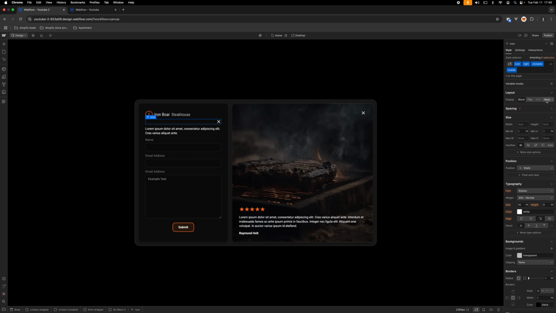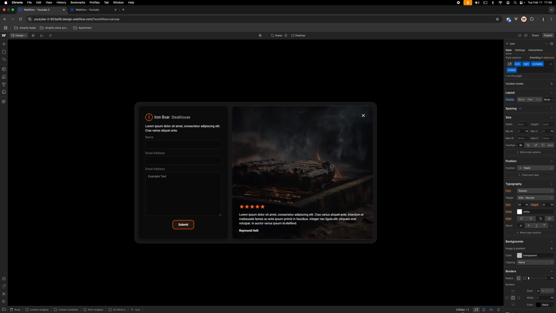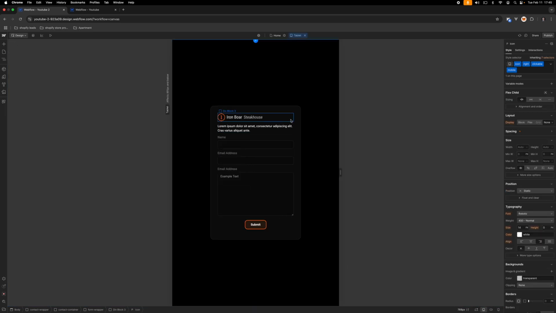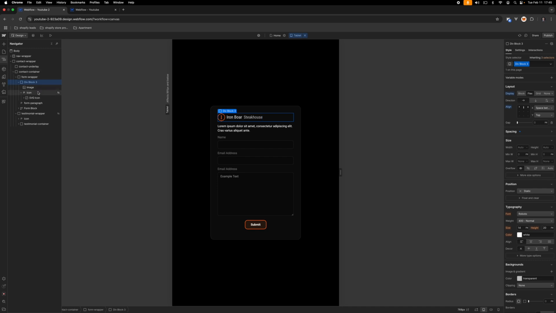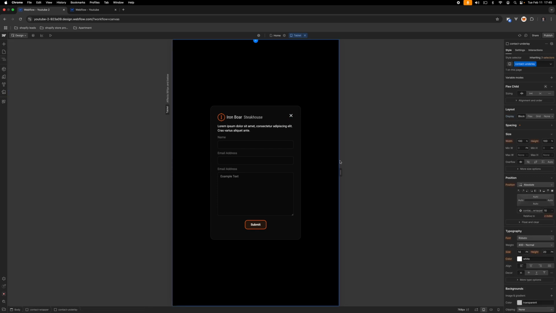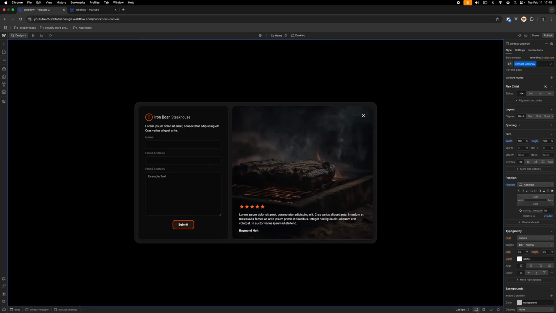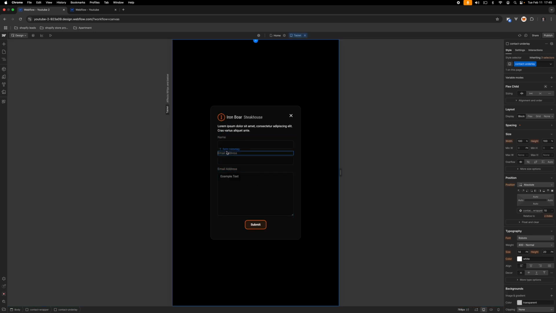And let's set this to display none on desktop. And then when we come down to tablet, let's find that. And this is going to be display block. So now it's not there on desktop. It is there on mobile. Okay, so that looks pretty good